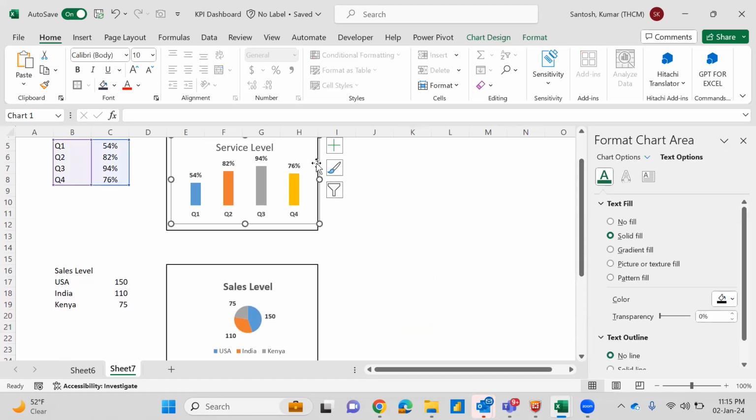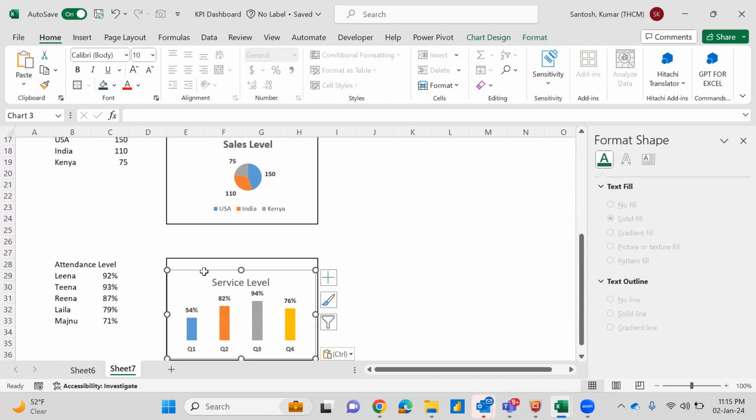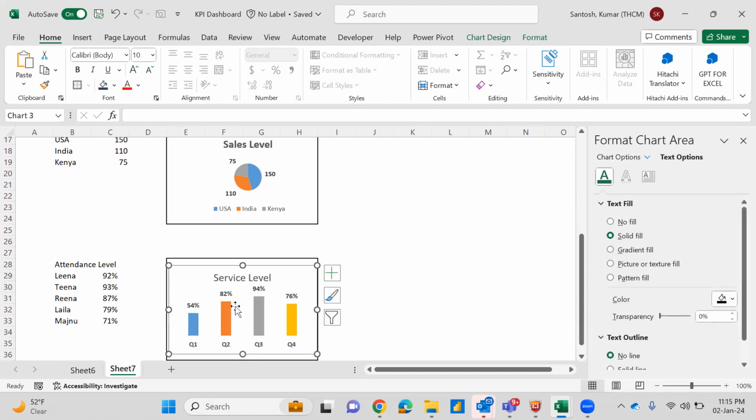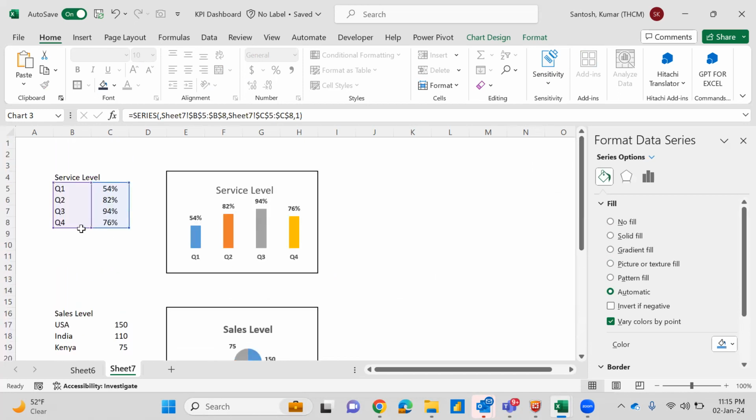Let's similarly prepare the visualization chart for attendance level also. So let's shift this data. We need to take both of the figures together. So how